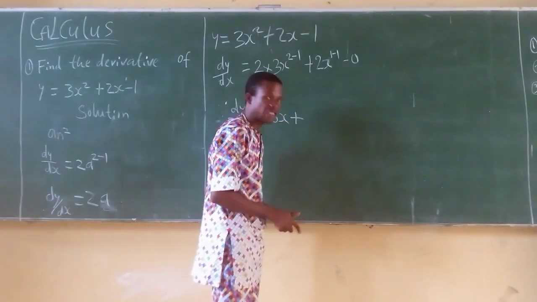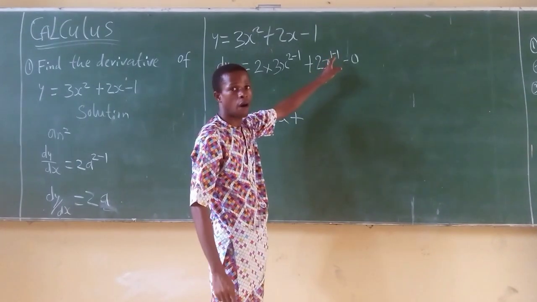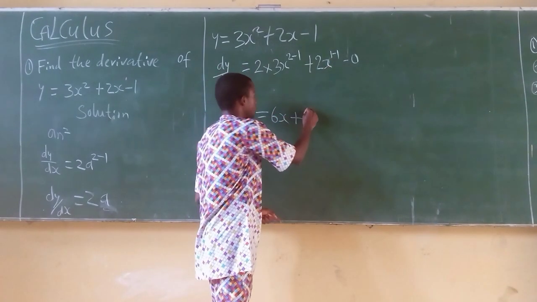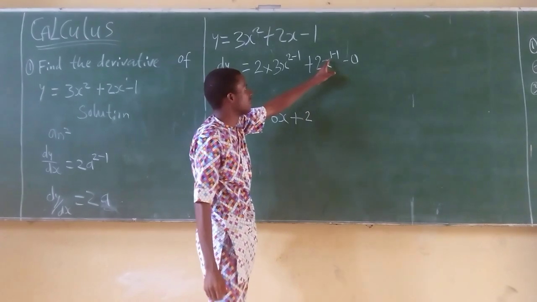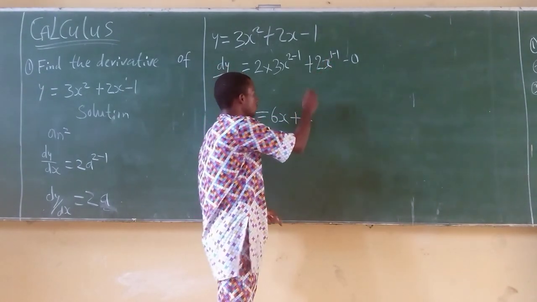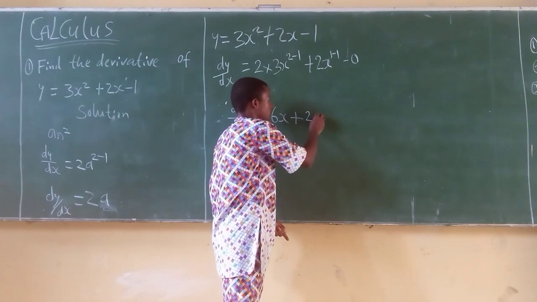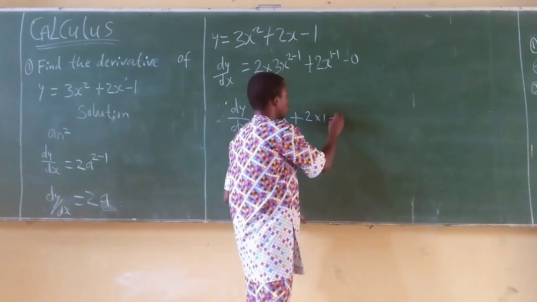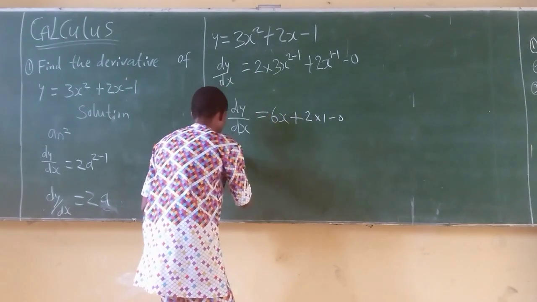Based on law of indices, anything raised to the power of 0 is what? Is 1. So we are going to have this 2 here, and x is raised to the power of 0. So based on the law of indices, it becomes 1. Because this x is raised to the power of 0, it becomes 1. So minus 1. So our d by dx